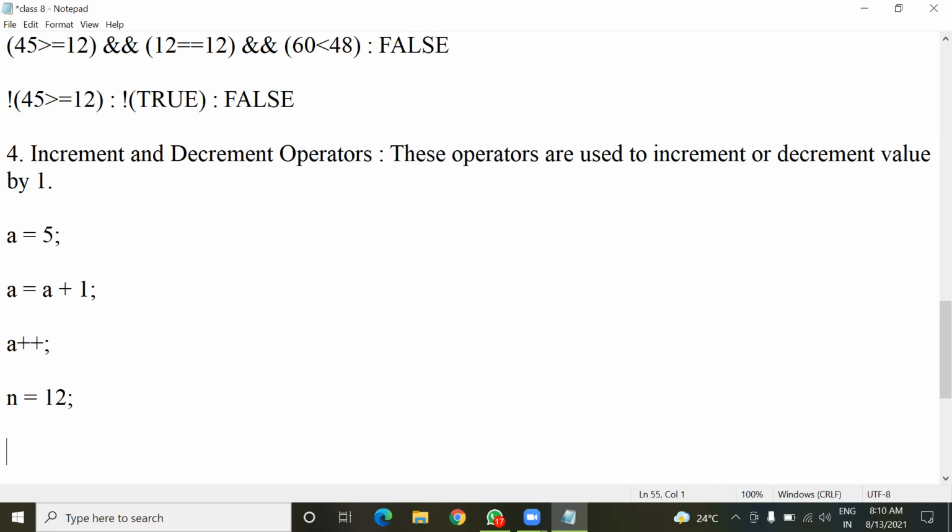If I write n = n - 1, then what will be the value of n now? 11.